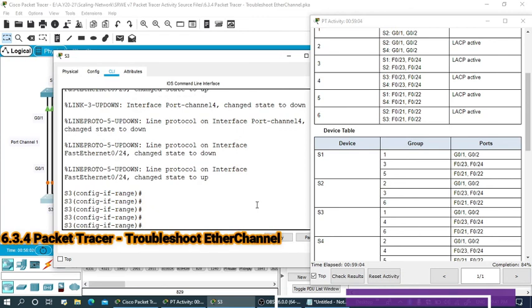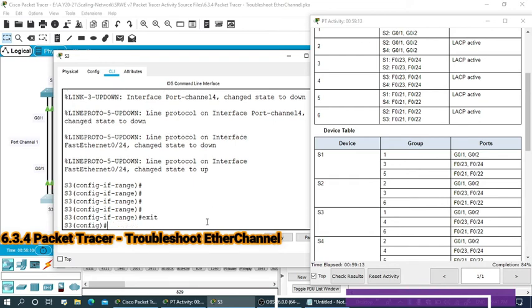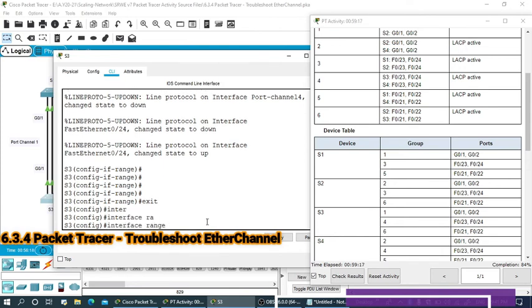After that we have channel group 6 with ports 21 and 22. So exit, and interface range FA 0/21 to 22.